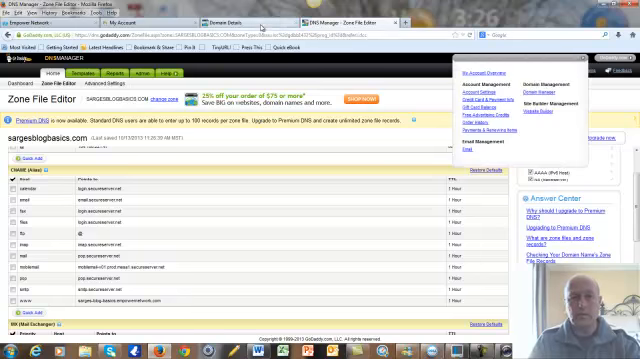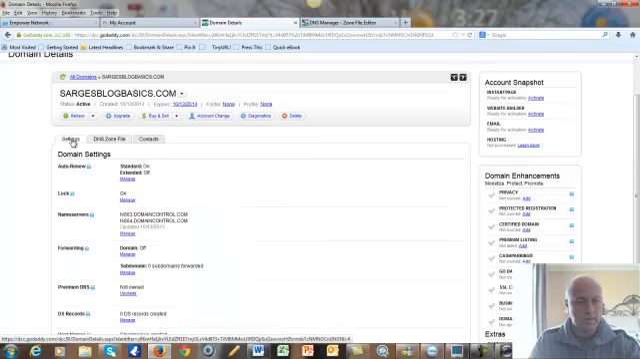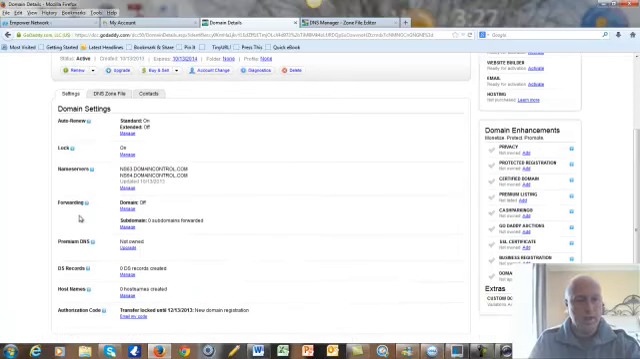Actually, no. Go over here, your domain details. Go back to your settings. Okay, back in your settings, and you have forwarding. You want to click underneath domain. Beside domain, it says off. Underneath it says manage. Click on manage,